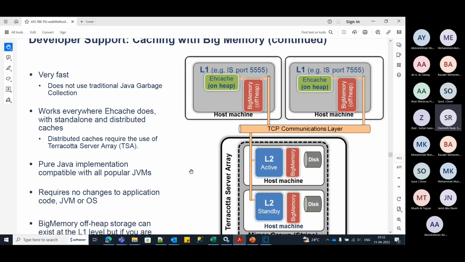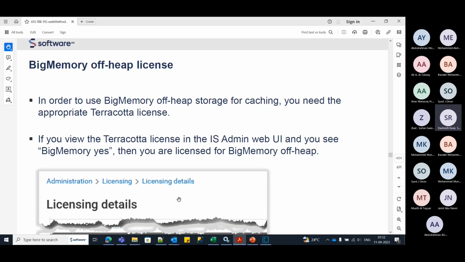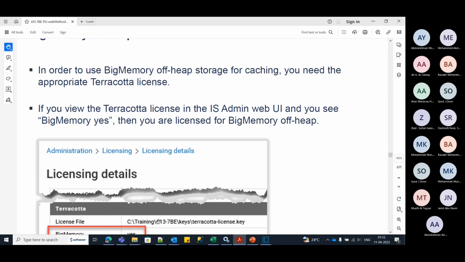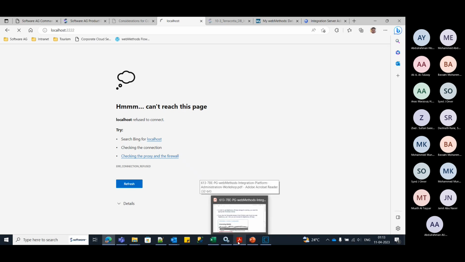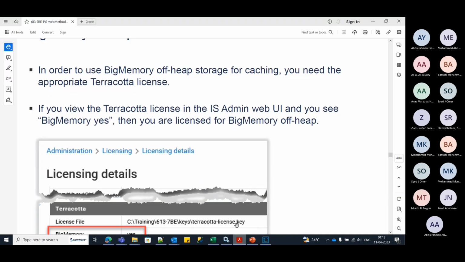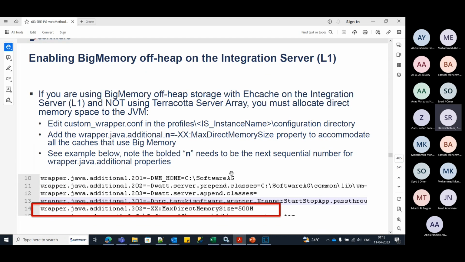Okay, so till then, if there are any more questions on this architecture, feel free to ask, because this is a very important concept. Okay, so I will just move ahead